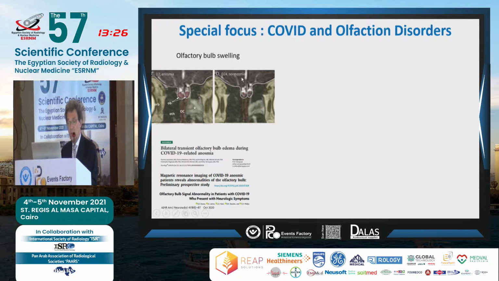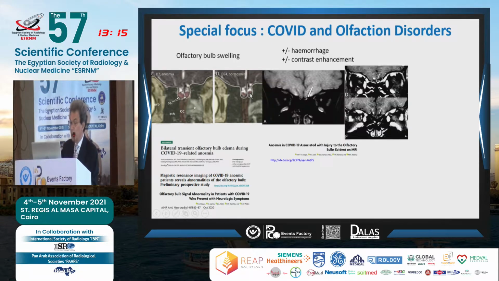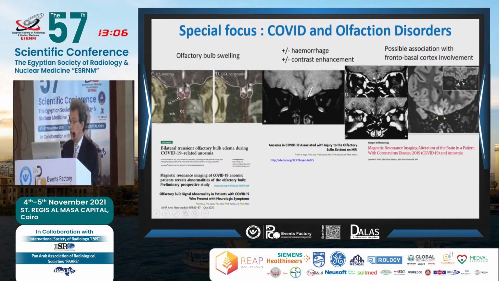Patient turned normosmia, so didn't have a defect, which was great, day 25. And you see that it is smaller here. So was this a swelling at that time, and did it normalize? It's one of the options. The other things you sometimes can see, you can see a hemorrhage. You can also see a contrast enhancement on the T1 weighted images.